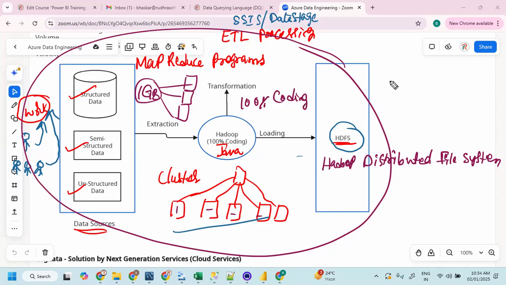So this was a very, very big problem for ETL developers. If you take me, I work with SSIS and Informatica. As an ETL developer, I was not able to adopt Hadoop because it is 100% coding. It's very difficult for ETL developers to understand the code. That is one problem. And the other problem is